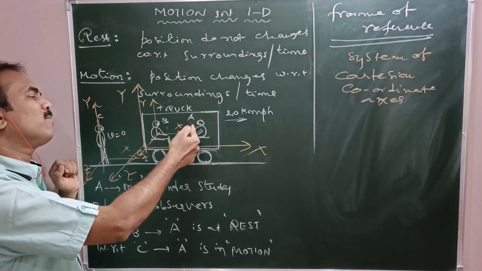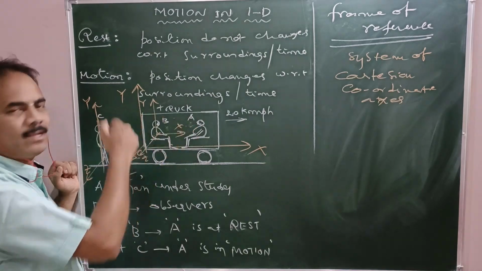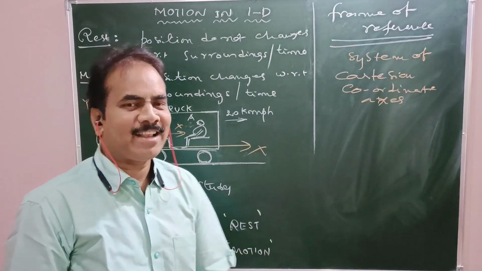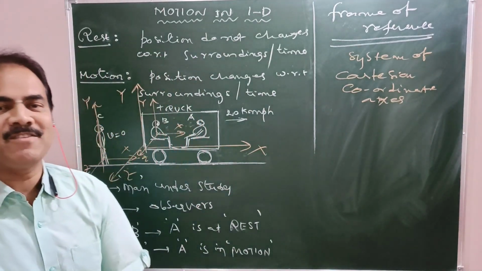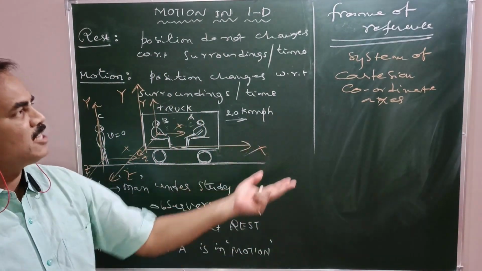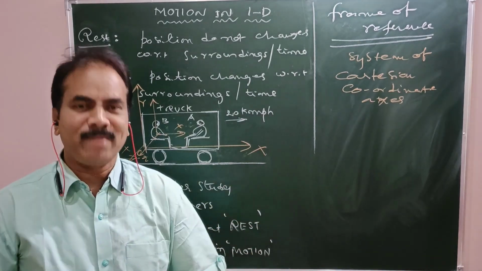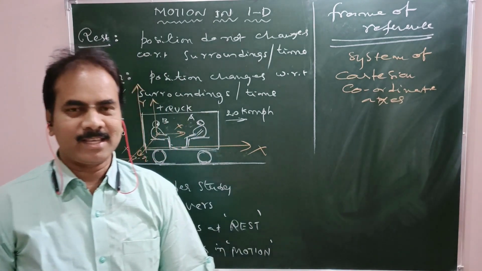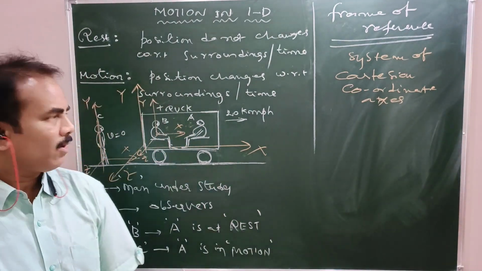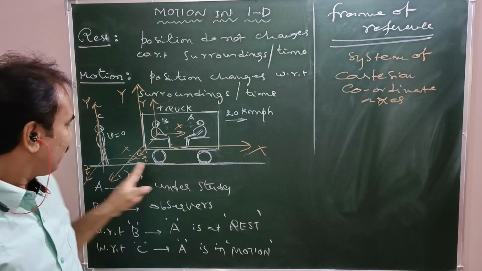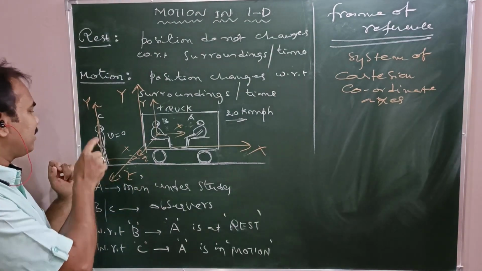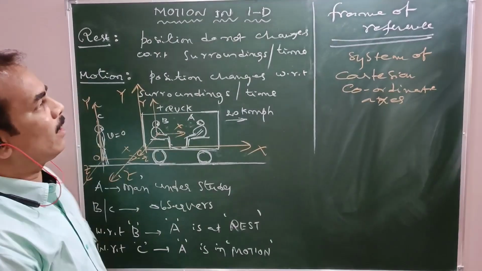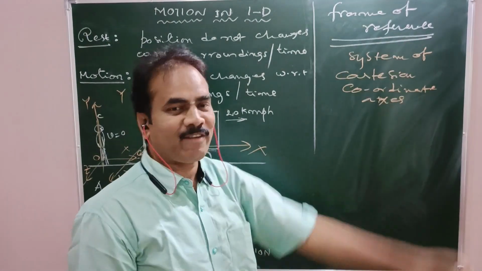We can study the position or motion of persons A and B. Am I right? So, we came to know that a frame of reference is a background from which observations are made, otherwise the region with respect to which observations are made. Usually it is a system of Cartesian coordinate axes, say something like x, y, z, with the observer as the origin for this system. Am I right?